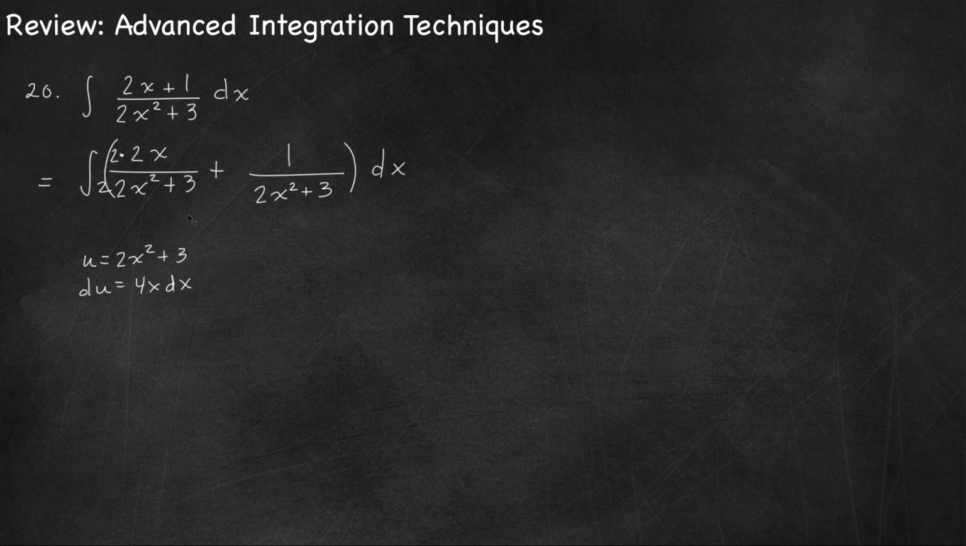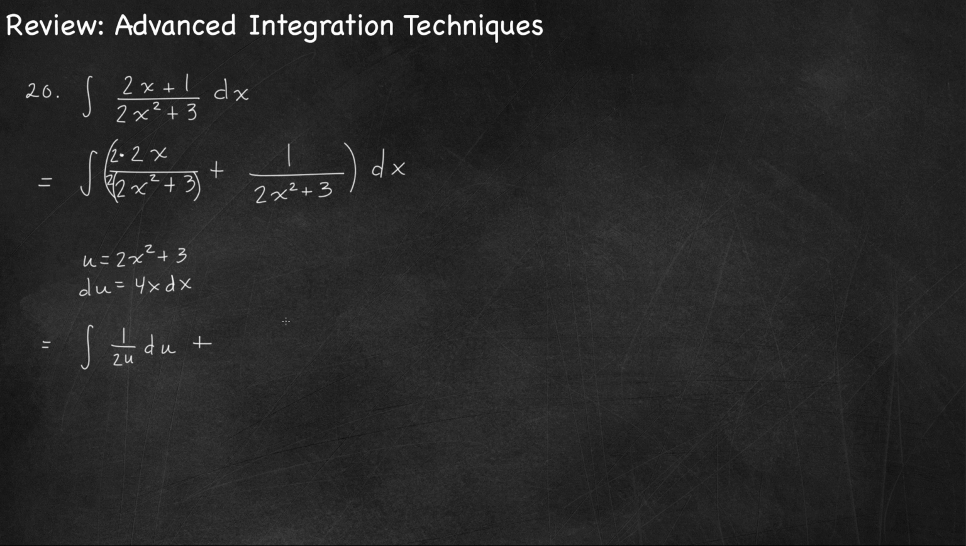That was bad notation. The bottom here by 2. Okay, so I've got the integral of, so the 4x dx becomes du, so it's 1 over 2u du,